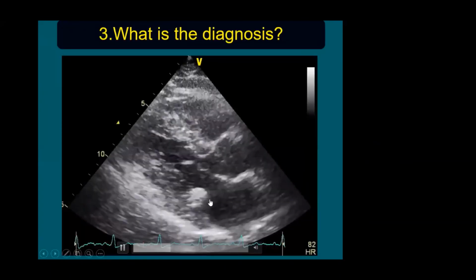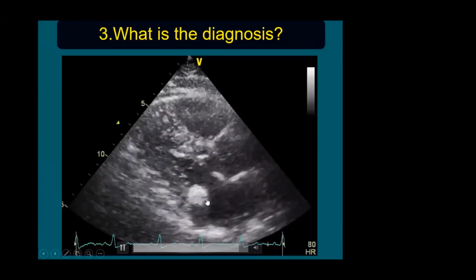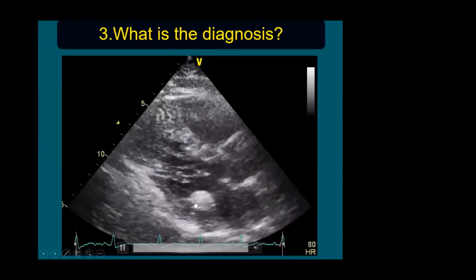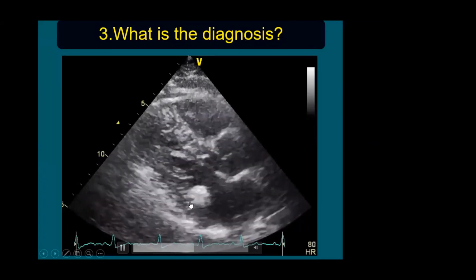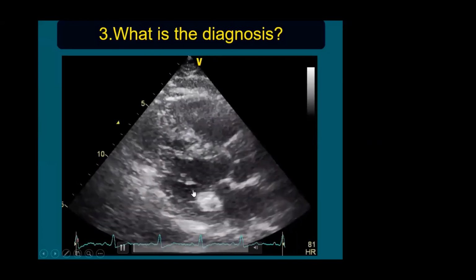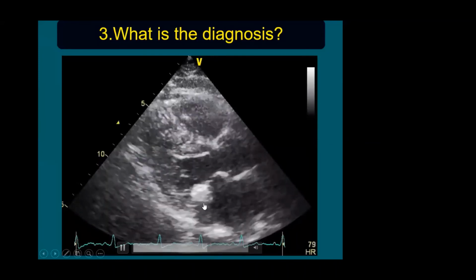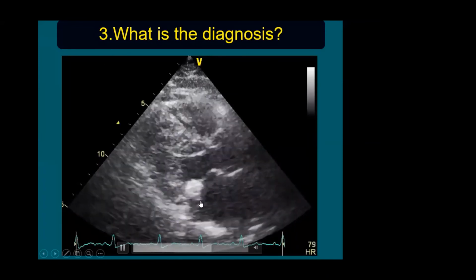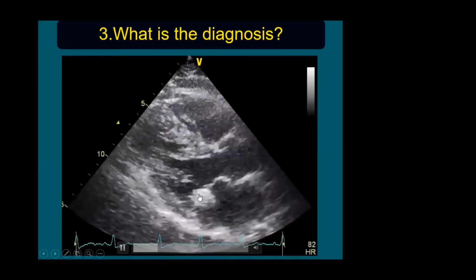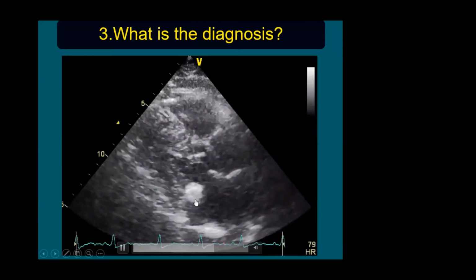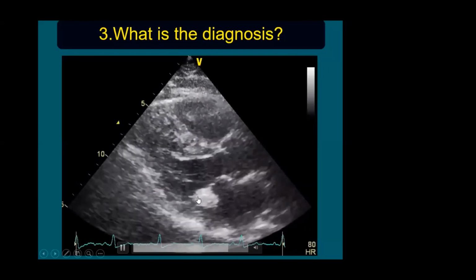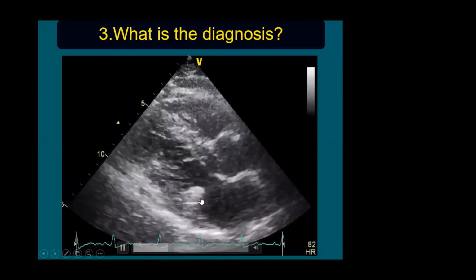And there is a mass over the posterior mitral leaflet in the region. This is a typical appearance of a patient with posterior mitral annulus calcification. Usually it is irregular, but sometimes it can be rounded like this. And this may be mistaken for a mass. This round mass can have echolucencies inside. This echolucency is usually due to deposition of fat inside the posterior mitral annulus.